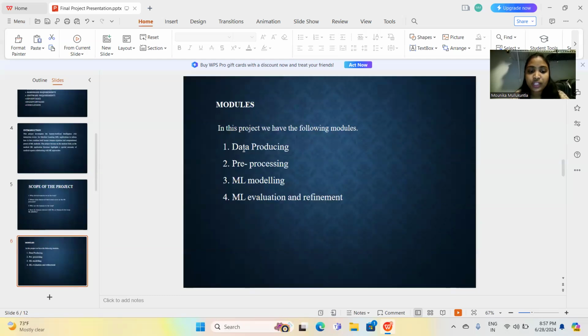So first we'll go with the data processing. In this step, domain experts such as medical professionals select representative data samples that reflect the diversity and complexity of the entire data set. This data selection ensures that the training process is efficient and focused.